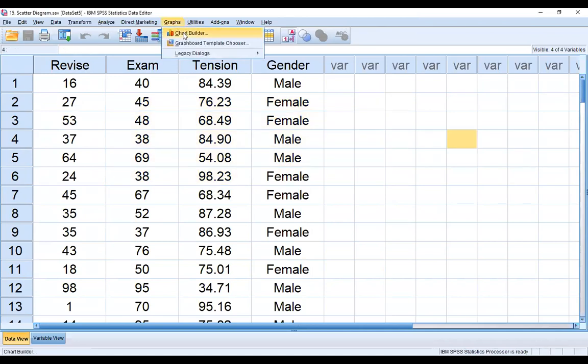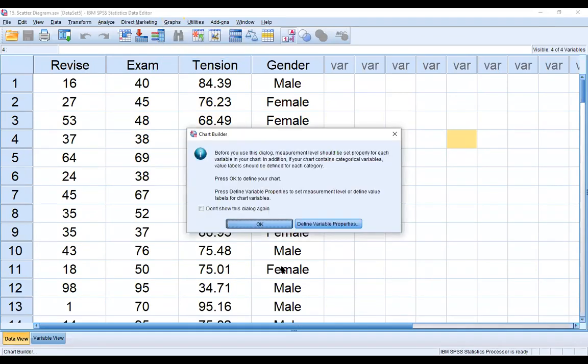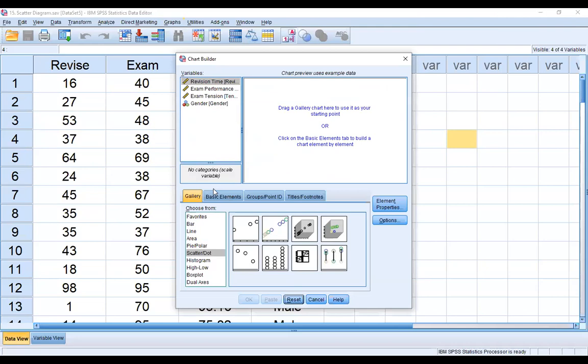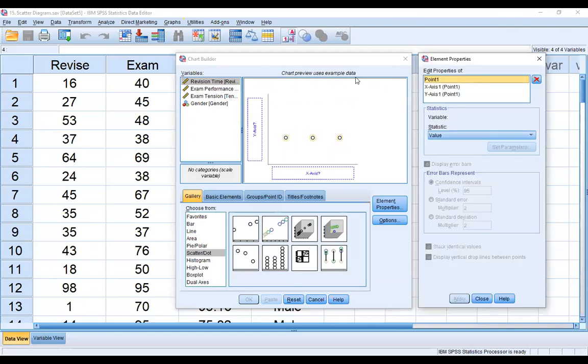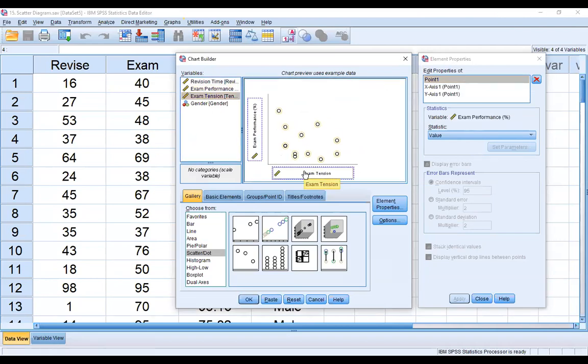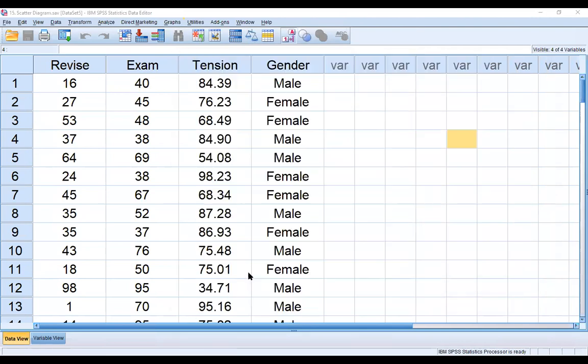Graphs, Chart Builder, all graphs we prepare in Graphs, and then OK, and after OK, Reset, and then select simple scatter diagram and drag and drop into the chart preview, which uses example data. Then I'm checking two variables, exam performance on the y-axis and exam tension on the x-axis, and then close, and then OK, and after OK, I'm sharing the output.